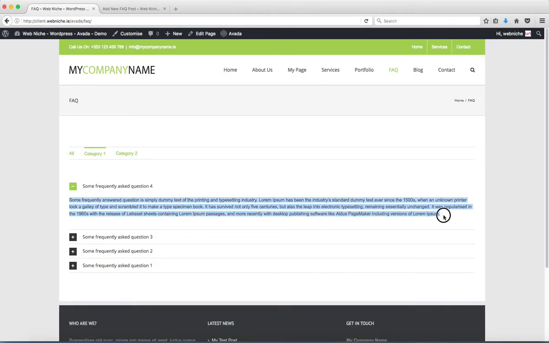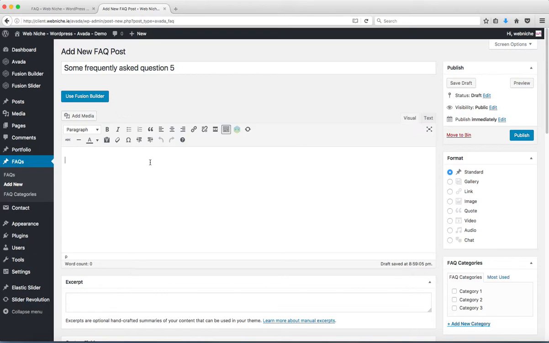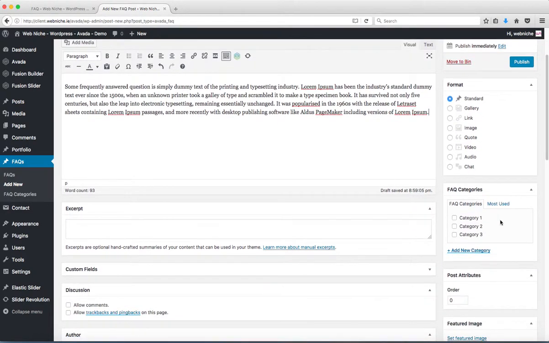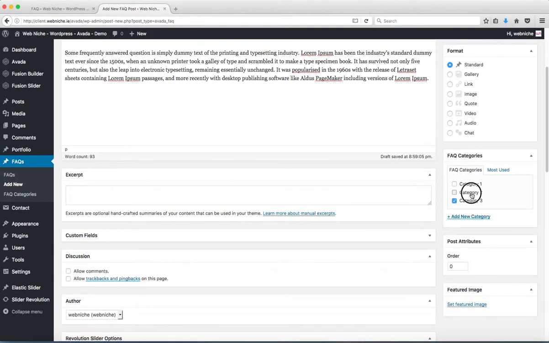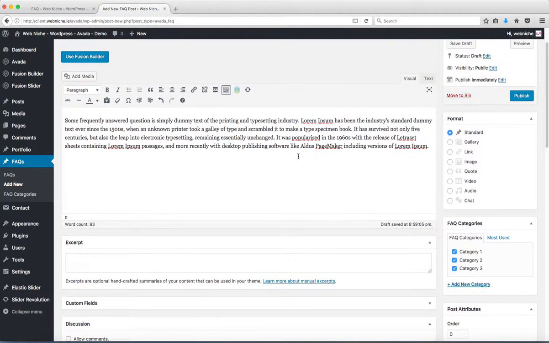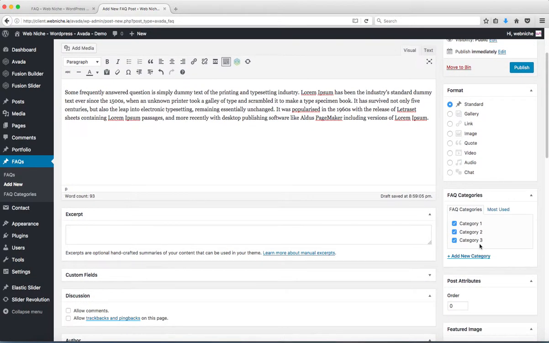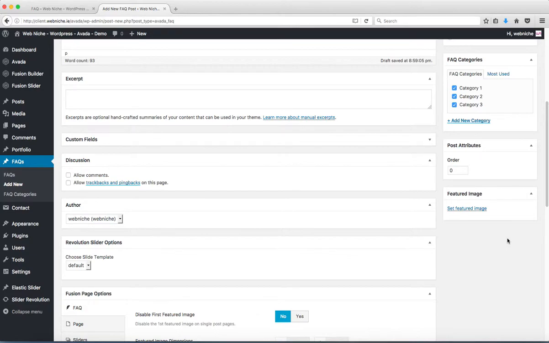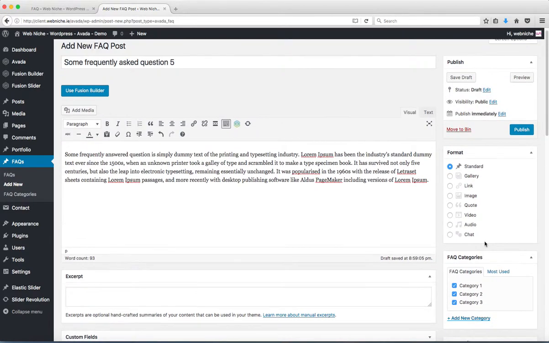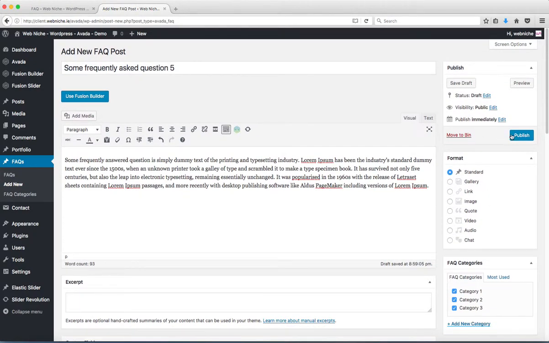And I'm just going to take some dummy text here and paste it into the body, and we can assign it to a category or multiple categories if we want, if we think this question or this FAQ stretches across a number of categories. I'm not going to bother with a featured image. I don't think they're really applicable to FAQs, but you can add one if you want. So I'm going to hit publish,